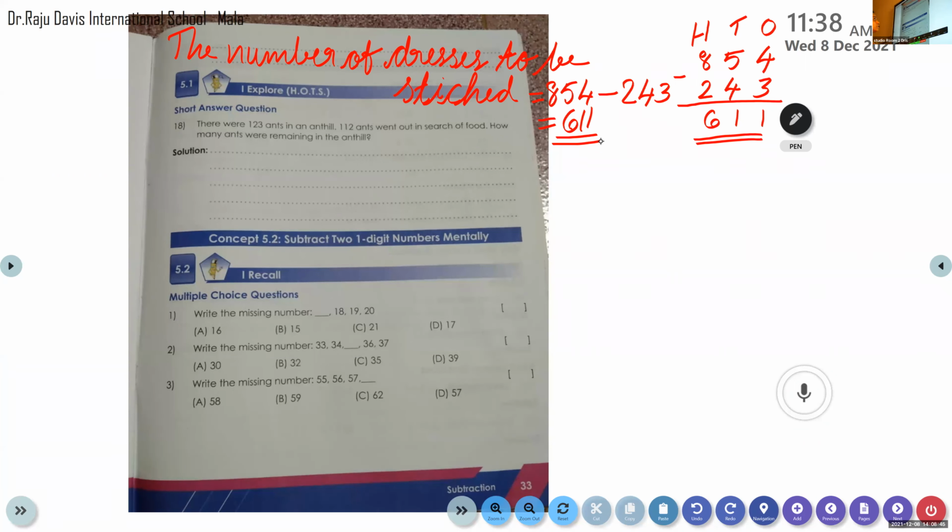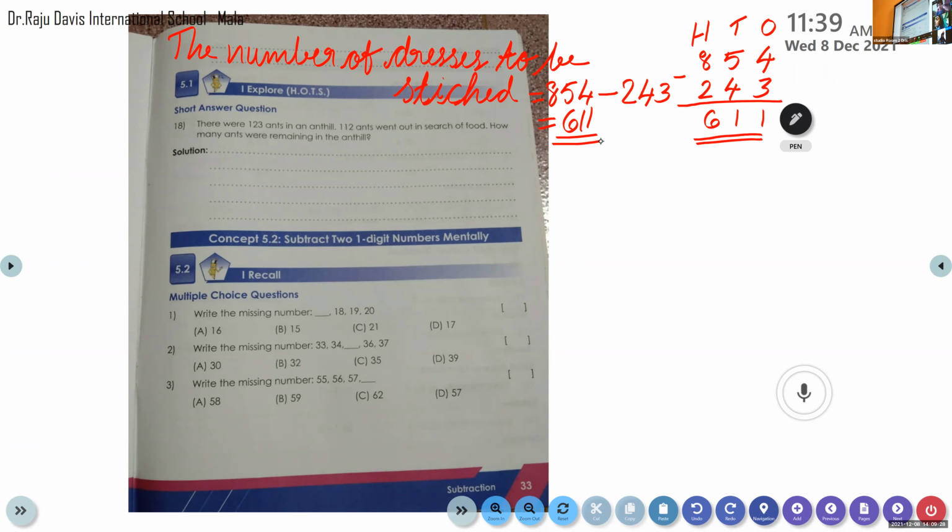Those who finish, please read the next question. Ma'am, I finished. Okay, please read the next question. In the workbook, where we have to write the answer, try to write in that line itself. Ma'am, I have space in that line. Then you can write there. Okay, please read the next one.